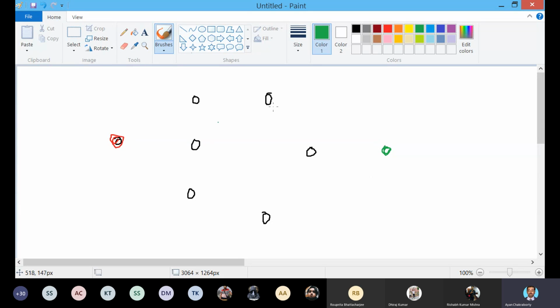These are the intermediate states. Now, what will be the generating function? From this initial node, say this is connected like this.